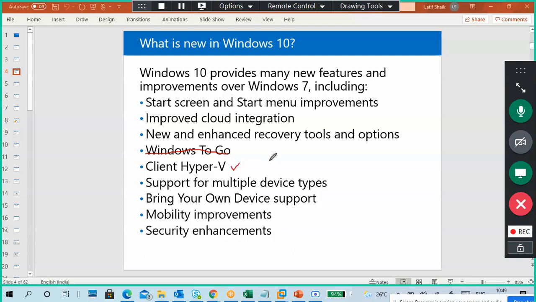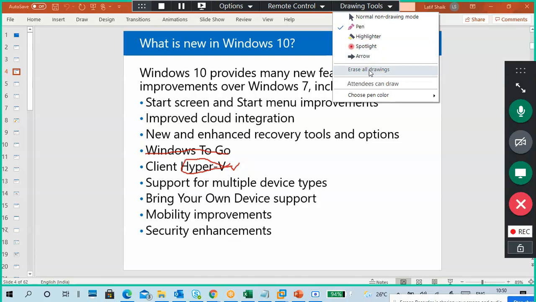Hyper-V, I already explained what is a Hyper-V. Hyper-V is a Microsoft hypervisor platform to create and manage the virtual machines in the PC. And also using Hyper-V Manager, we can connect to the Hyper-V servers, and we can create, manage and run the virtual machines through your PC. So that is Hyper-V. And we know how to install the Hyper-V also.